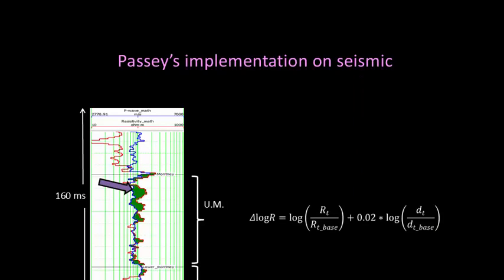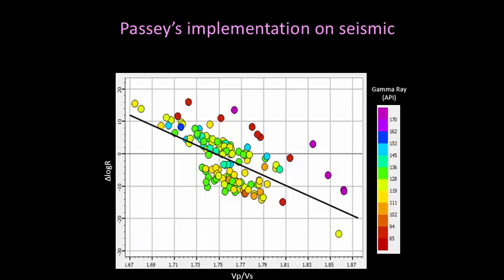So this is the equation that Passey had introduced, delta log R, and that is this baseline that you take here, where you have the overlap, and the no overlap part comes as delta log R. So this is the transit time here, the baseline, and this is the other values outside the baseline. And so you can determine delta log R from the log control. To determine a property from delta log R, you need to determine what attribute has a relationship with delta log R.